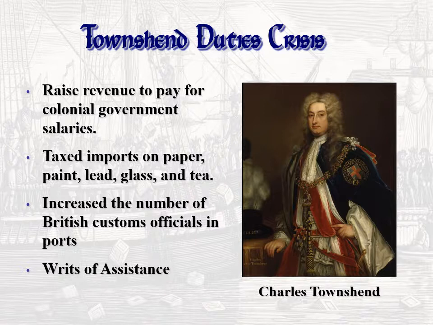Okay, as you can see from the bullet points up there, these taxed imports on things like paper, paint, lead, glass, tea, which are considered pretty much staples and things that the colonists absolutely had to have. All right. Now, the reasoning behind these, and this is where Parliament was trying to get a little tricky,